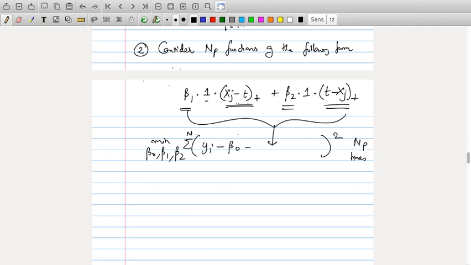And if you choose t to be xnp, then it only depends on the pth variable and only the data point xnp. The t will be only xnp and xj would be xp. At this point, it seems a little bit, so why did I explicitly write down times 1? I'm gonna do another step of this process to give you an intuition of what's happening. Let's say you chose, out of these NP functions, the particular function which gave you the lowest sum of squares happens to be x72, which means that the seventh